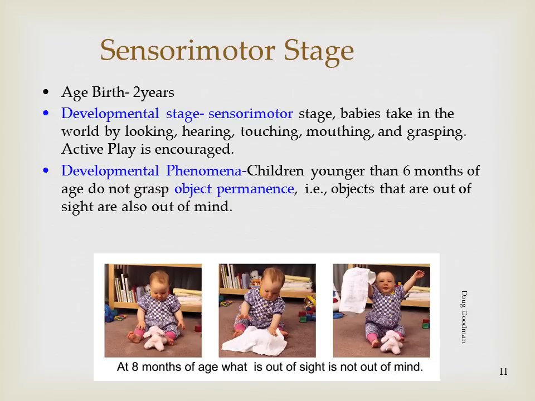The developmental phenomenon that's beginning to occur, so the thought process they're actually going through at this point in time, is object permanence. When they're very little, you play peekaboo with a 3-month-old, and you put your hands over your face, and then you come back and say, boo. When you put your hands over the face, they actually think the item goes away. They don't have the thought process that you remain here.